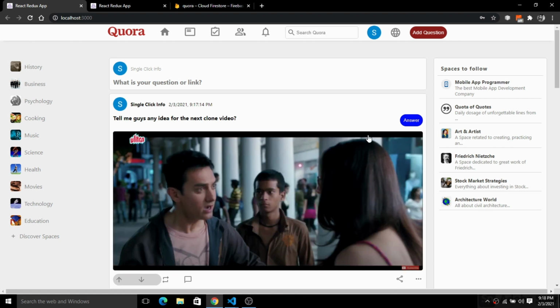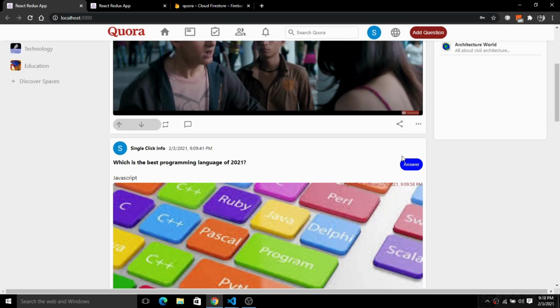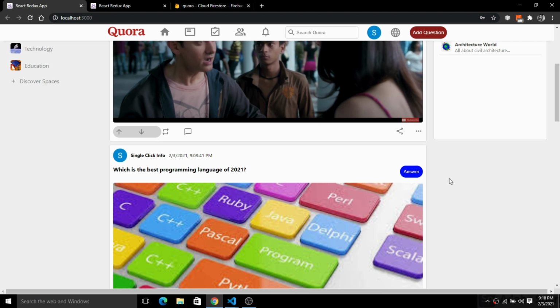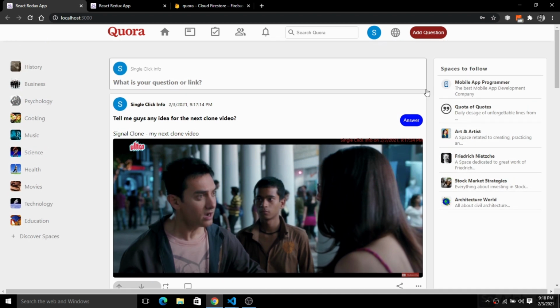So when I click on this, you will see here the user ID and the timestamp also rendering on the screen, but the CSS or the styling is not fixed, so that's why it is not showing. You guys can simply add these things here. Okay, so we have these things here. So you guys can see here we have this user ID and the timestamp also.